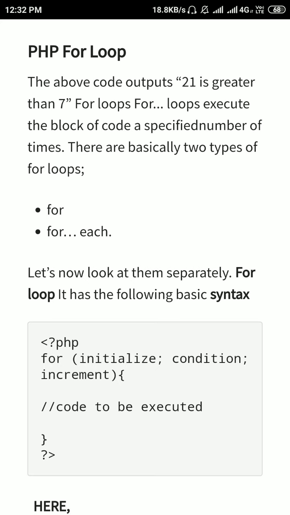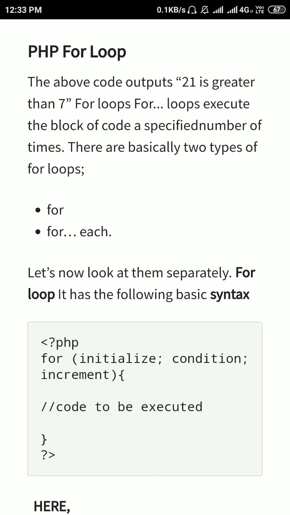Our today's topic of the session is the PHP for loop, and also we will see the foreach and do while looping. As we have discussed PHP and the editor, now we will cover the following looping statements in PHP. So there are basically two types of for loop in PHP. The first one is for, and the other method is foreach.